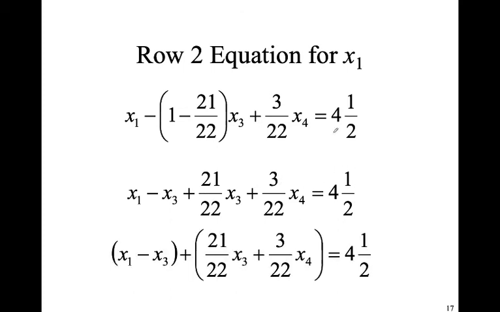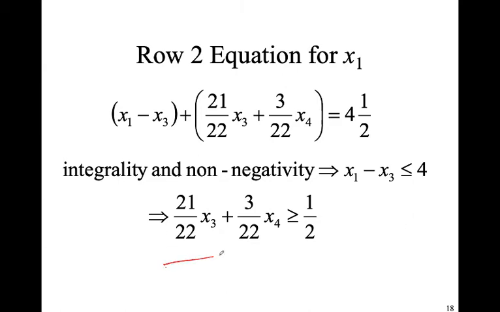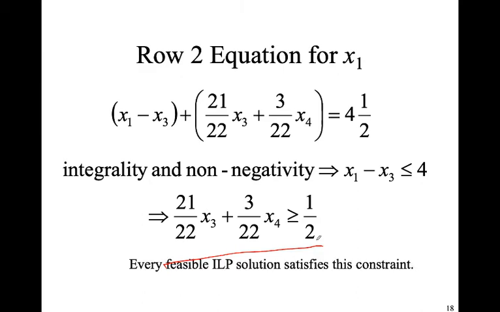In the next case, this is the integral part, this is the fractional part, and same thing with this one. So this can be written as 4 plus half. We have to remove the integral part and only the fractional part will remain here, and that fractional part will give us this thing, greater than or equal to half. And remember, this is a Gomory cut plane.